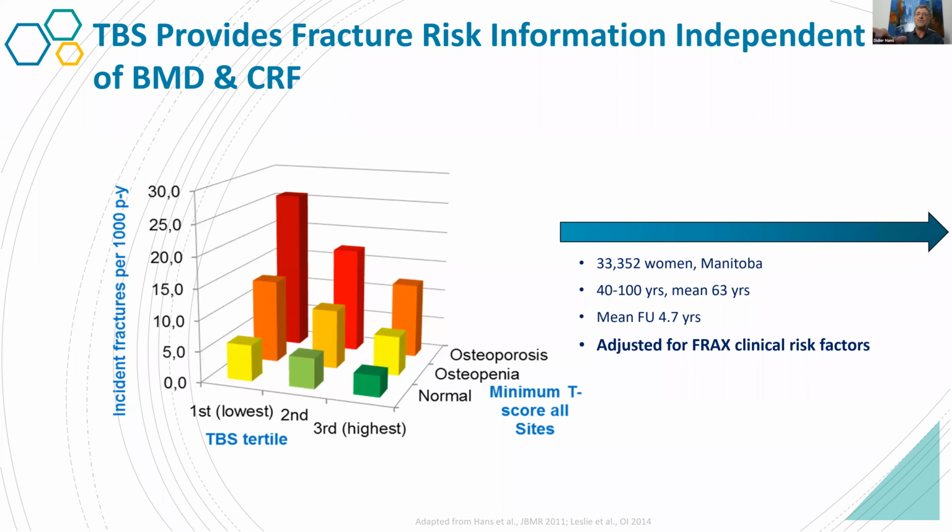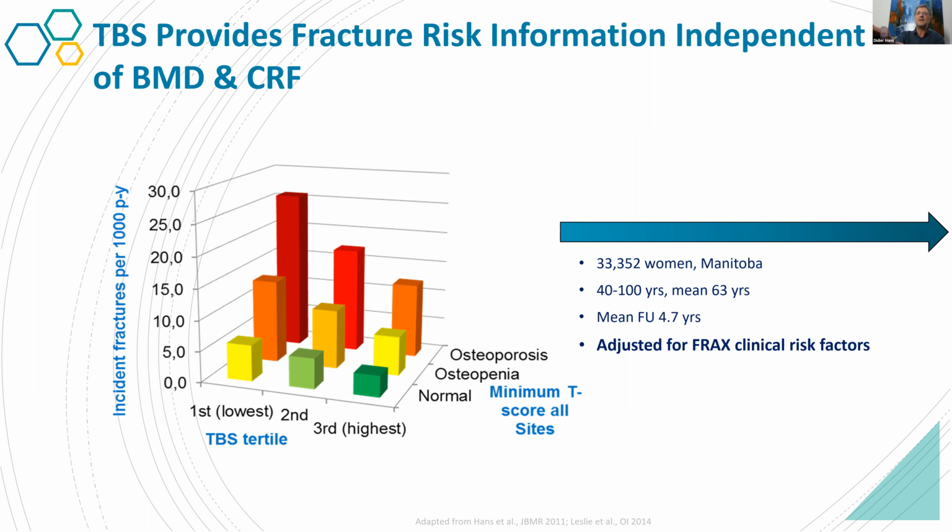So first of all, if you have a normal BMD and a normal structure, the level of risk of having a fracture is extremely low. Now, if you have, reversely, osteoporosis and low TBS, you have an extremely high level of risk of having a fracture, which could be a very high risk or imminent fracture risk that could trigger a certain